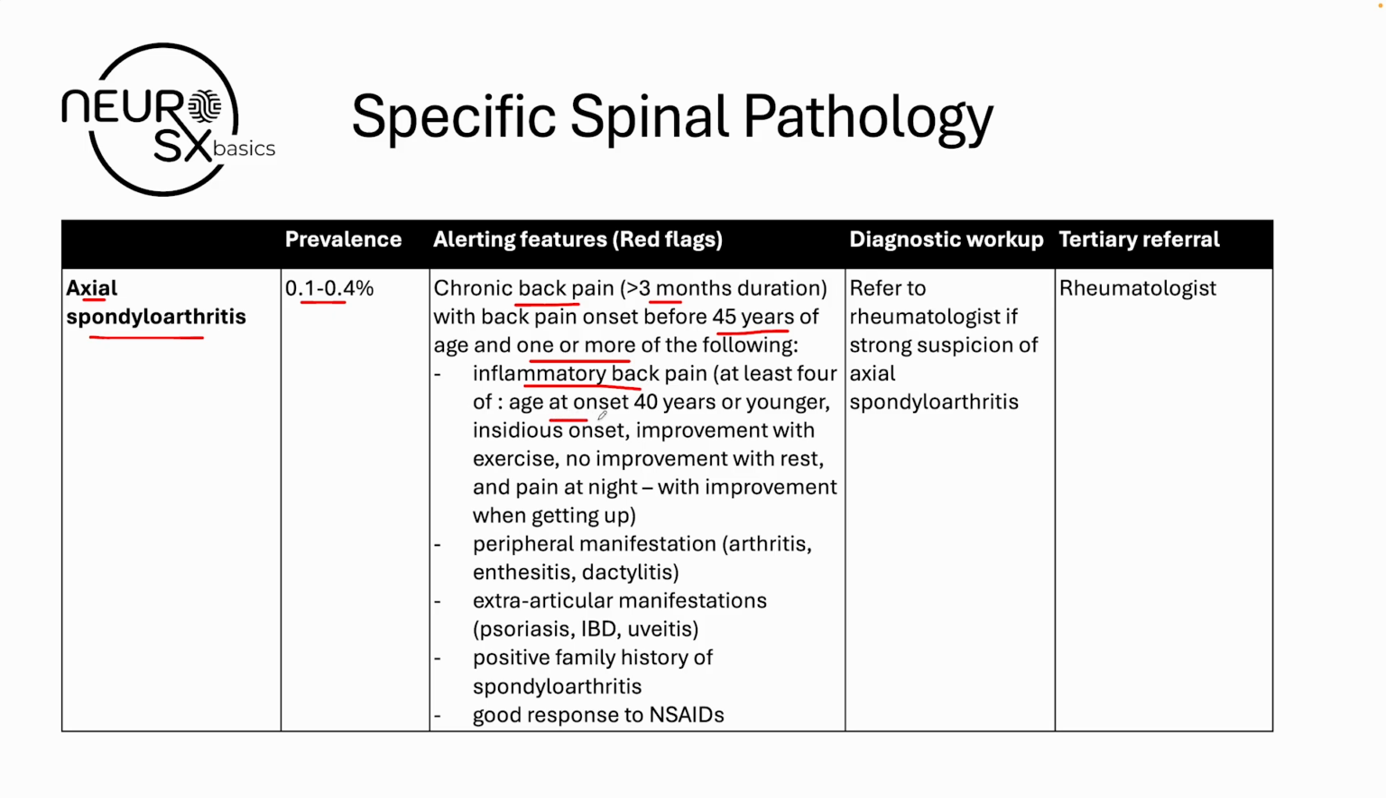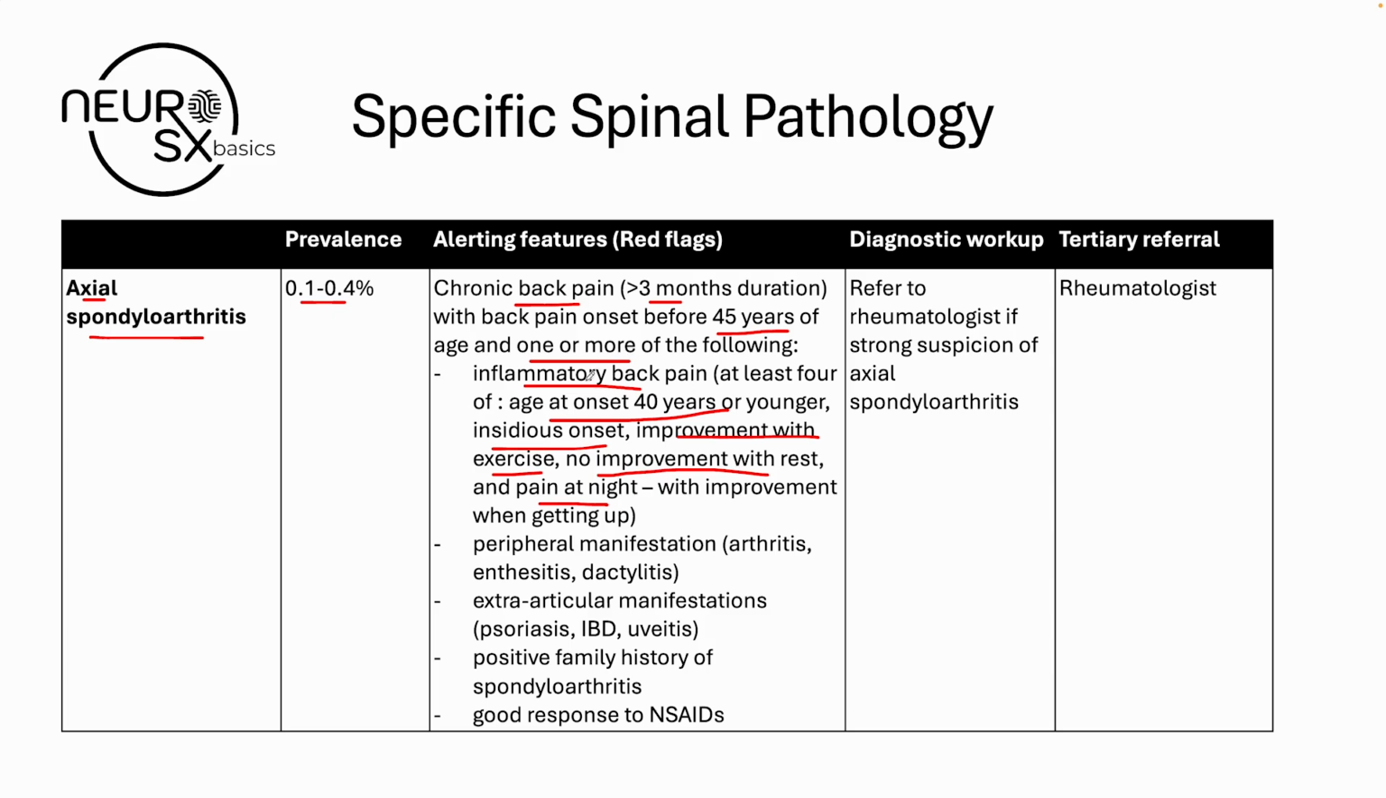That the age at onset is 40 years or younger. It's an insidious onset. It improves with exercise, which usually mechanical back pain will not, but inflammatory back pain will. This does not improve with rest. Mechanical back pain will improve with rest, while inflammatory back pain will not. And there is pain at night. Now, pain at night can happen either because of inflammatory back pain or because of malignancy. But if you look at the other factors like improvement with exercise, no improvement with rest, it can help you